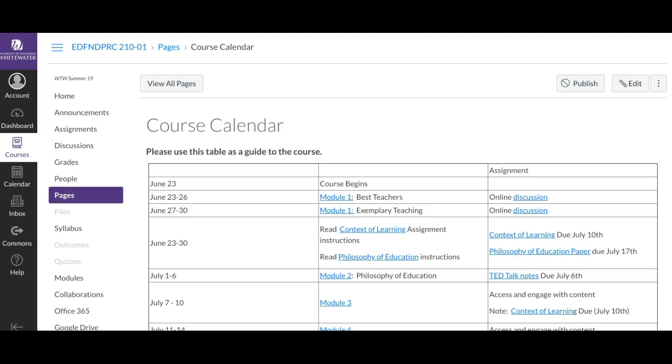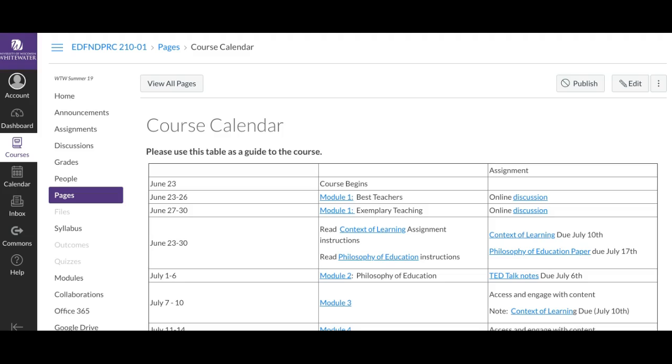And again, I want to remind you that that portfolio is not a tangible document. It's a collection of assignments, and that's the work that we're going to be doing in this course. So there are going to be very few assignments in this course, but they're going to count significantly.